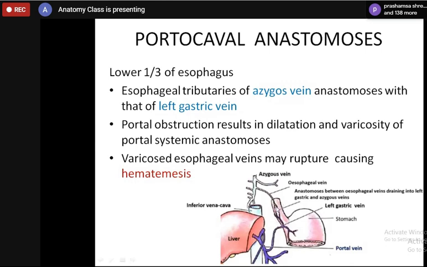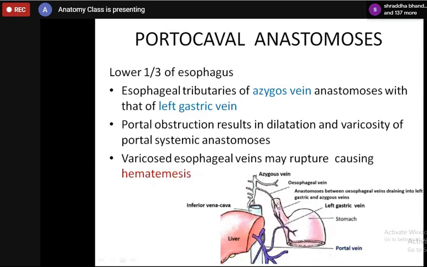Once again here, systemic vein. This azygous vein is finally draining into the vena cava, the superior vena cava. So any vein which is draining into either the superior or inferior vena cava is a systemic vein, and any vein which is draining into the portal vein will be the portal venous system. So here the tributaries of azygous vein are systemic veins as they drain into the superior vena cava, and the tributaries of left gastric vein, which is draining into portal vein, are the portal veins, and here this one is the systemic vein.